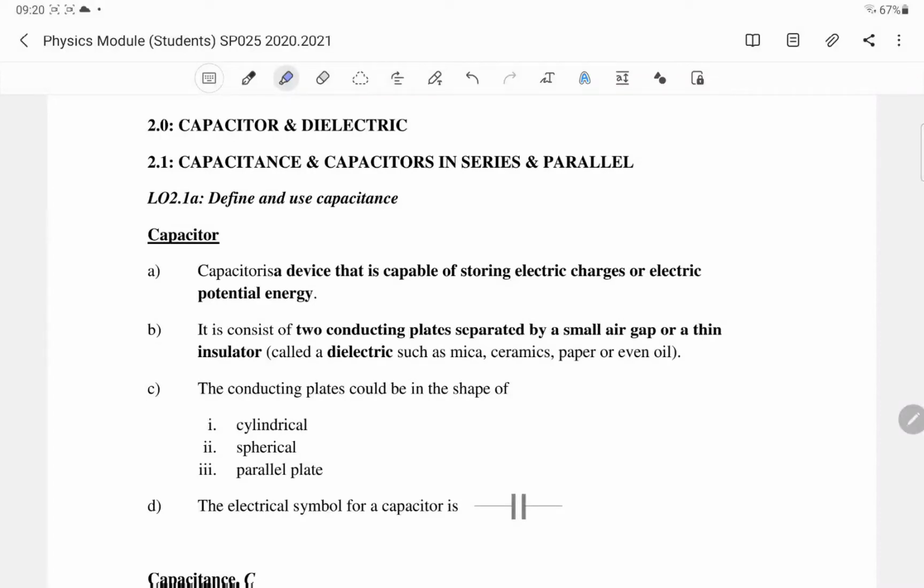Good day everyone. So here is chapter 2, Capacitors and Dielectric. For learning outcome 2.1a, you have to define and use capacitance. Okay, so first of all,